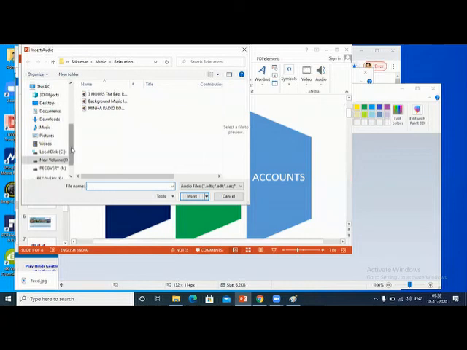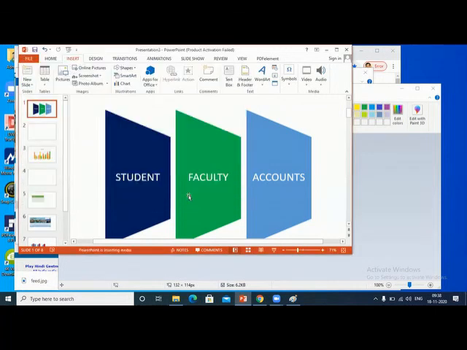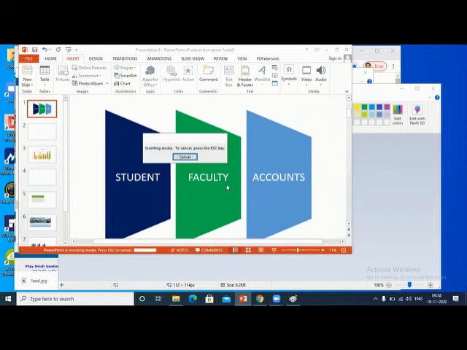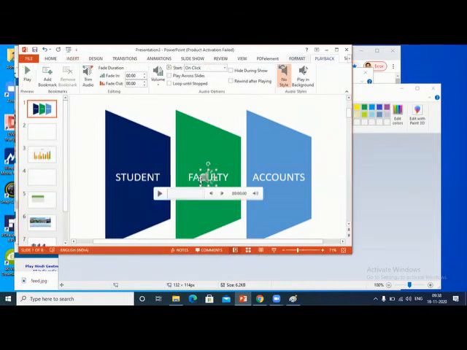You can insert some songs there. It is inserted. Once you insert, you have to tick automatically hide during show, so this will not be shown. These two you have to do.